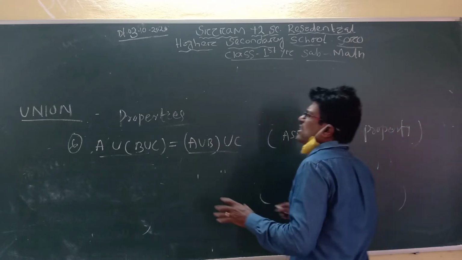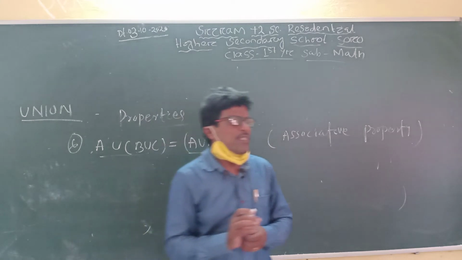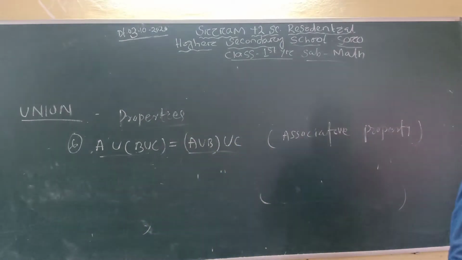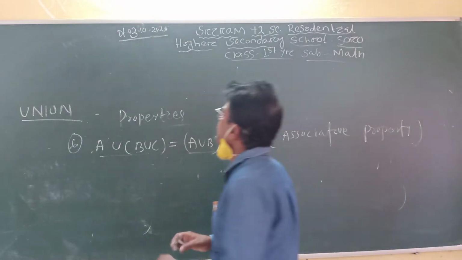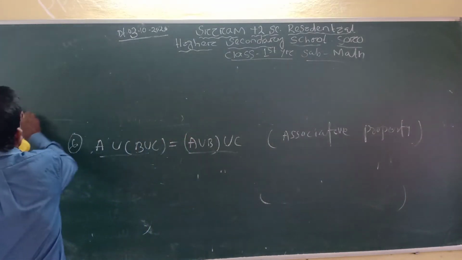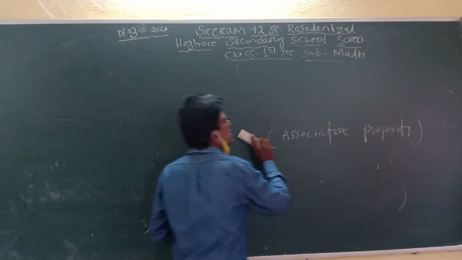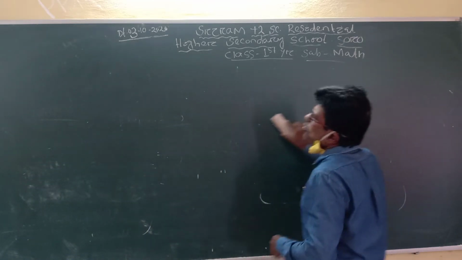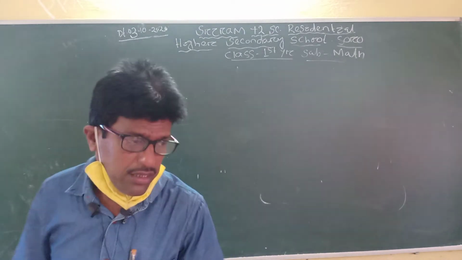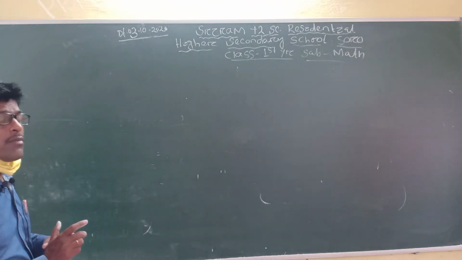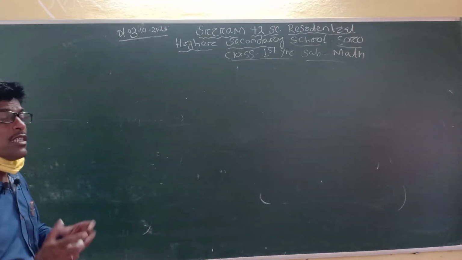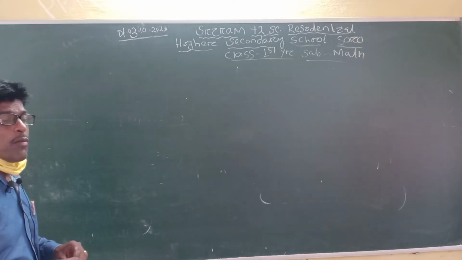Look, those six types of properties you have faced in union. But intersection is something different from union. Intersection means common to both sets. That is all about unions. Because you already studied union in high school level, I am not discussing it more. But when I face problems in your books, I will solve them and clearly identify the characteristics and properties of unions and how they are used in your problems.